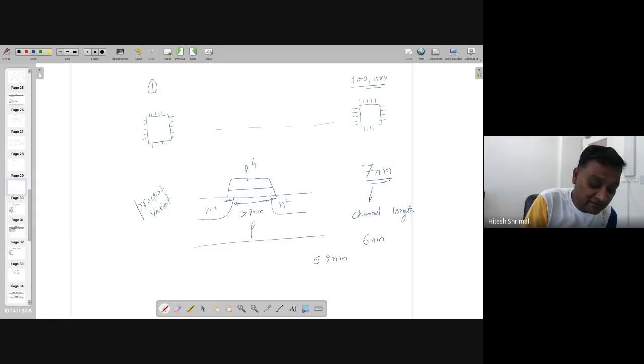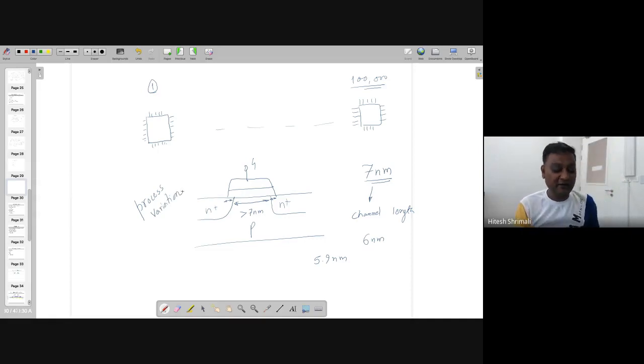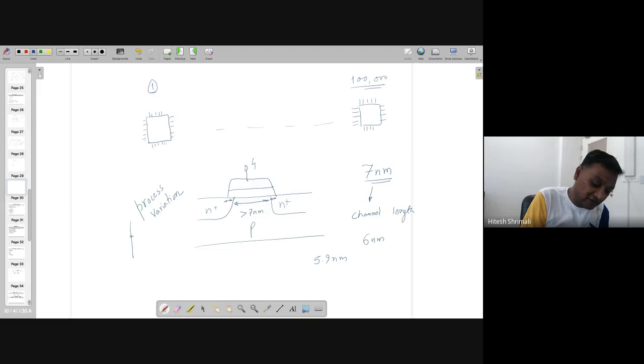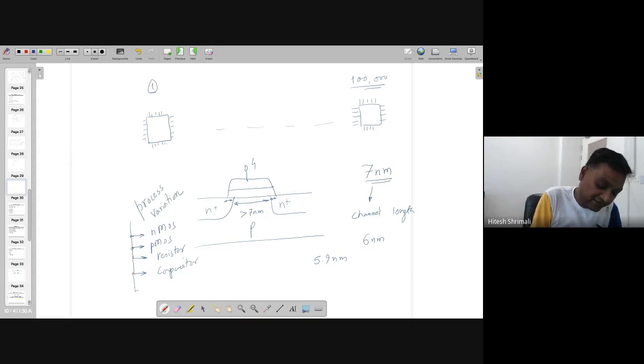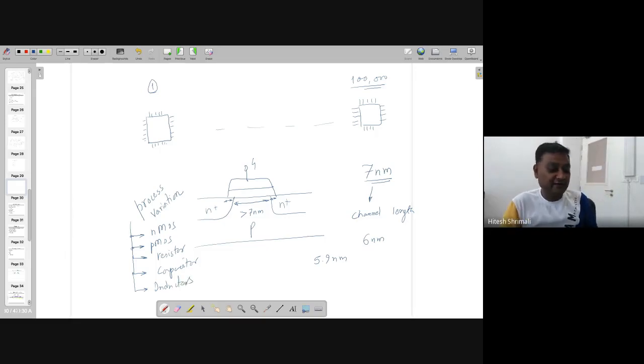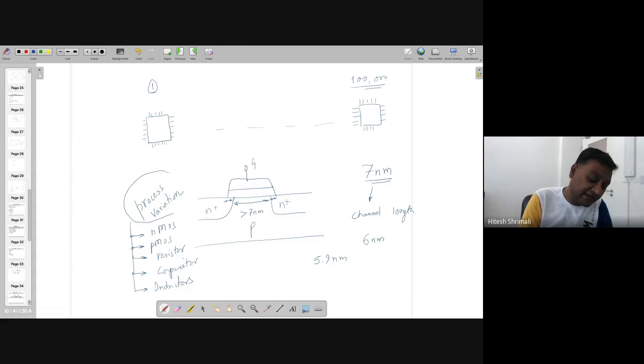And note that these process variations are different for different things. Like you have made the NMOS transistor, so the process will act differently on that particular IC. PMOS, it's different. Resistors, it's different. Capacitors, it's different. Even inductors as well, right? So all will vary with different foundry and different process. I will say that my circuit still should work.